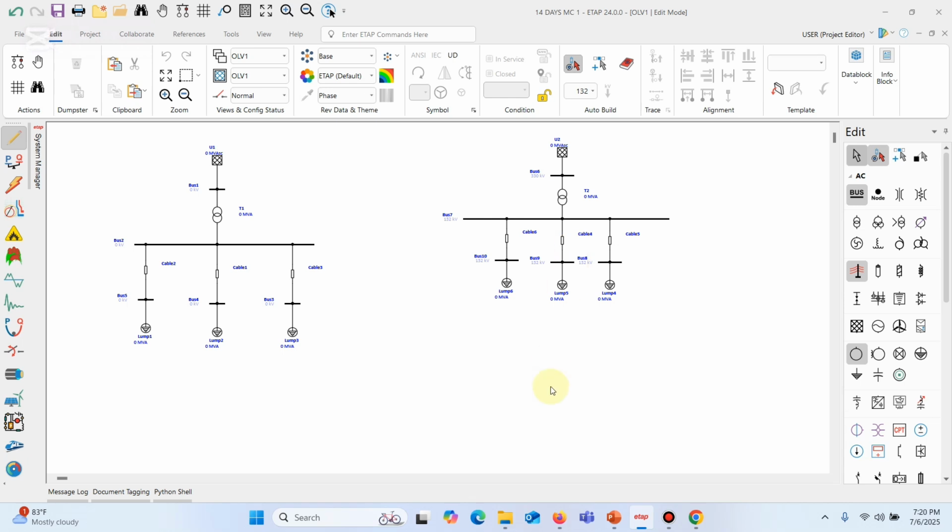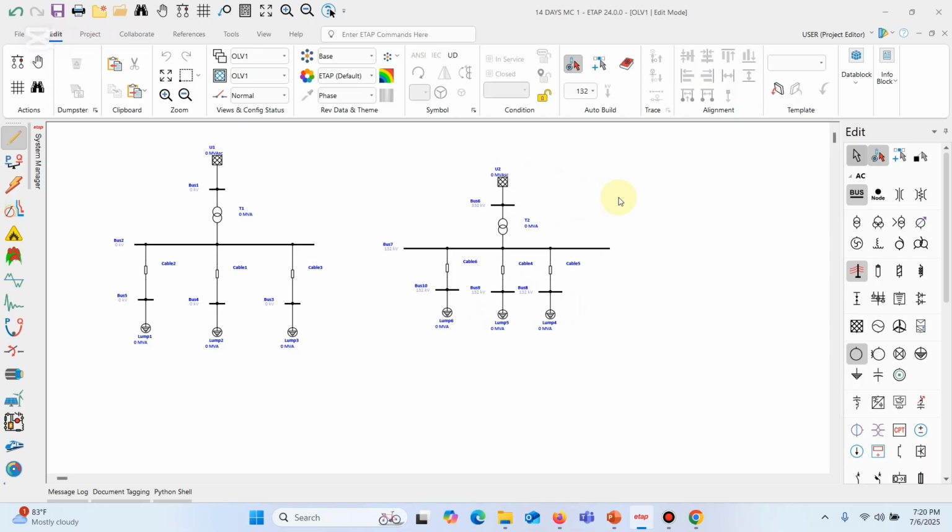Now, one more trick. There are actually multiple tricks in this modeling of single line diagram. We can model complex networks, very large networks, and we can just put them into a very small network. But this is of importance as it will save time. So we have this. Let's assume I want to create a replica of this system. There is a feature known as templates. So let's say I select this system